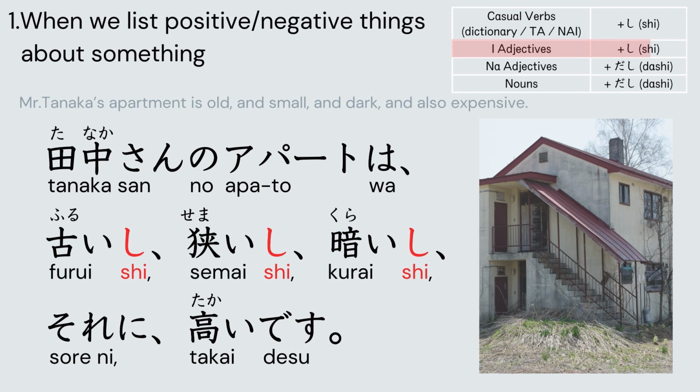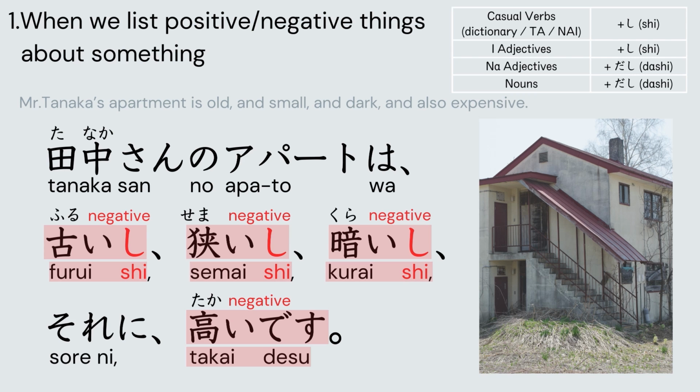All the adjectives here are e-adjectives. You would add shi. Furui shi, semai shi, kurai shi. Also, you can see that all the adjectives here have negative meanings. When you use this phrase, it has to be about all negative things or all positive things. For example,